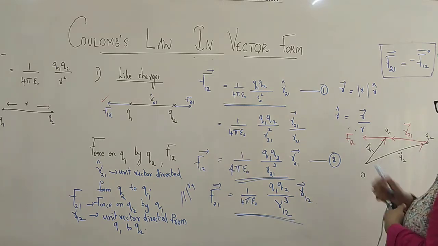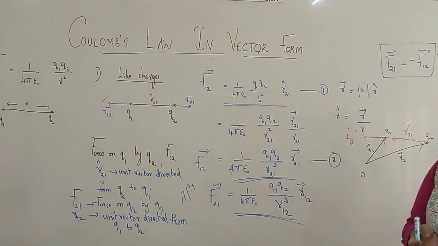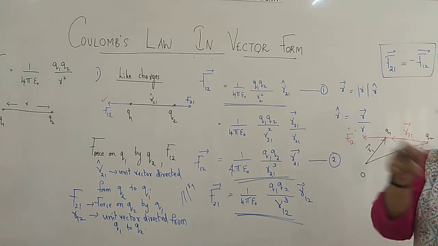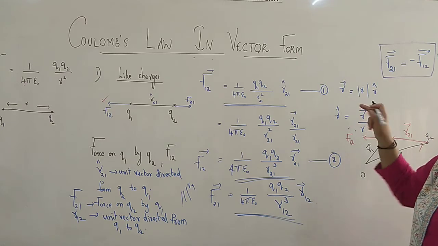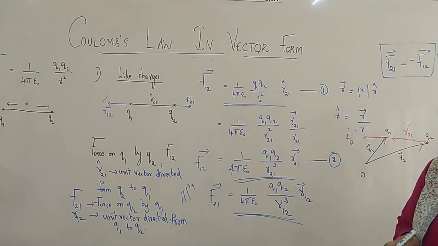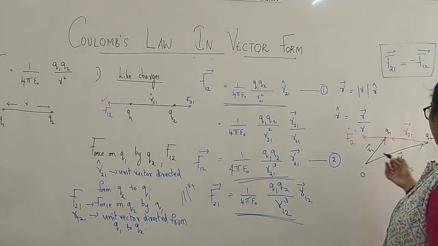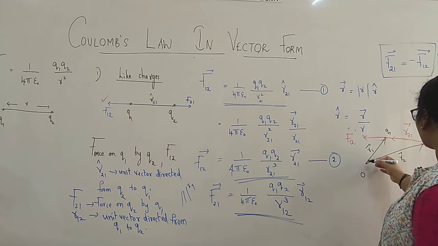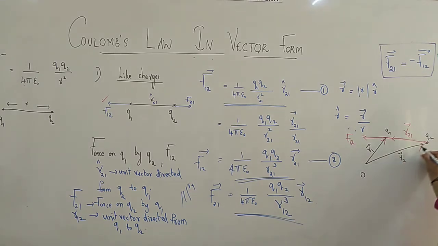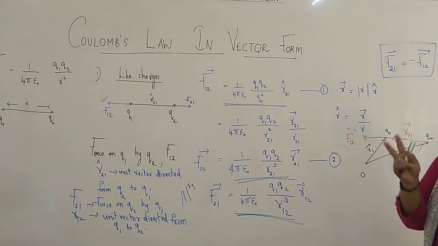So how do we write the equation? Triangle law of vector addition says that the sum of the two sides will give you the third side taken in the reverse order. That third side will be the resultant. So let us try to apply triangle law here. If you notice the direction, R1 is directed like this and R21 is opposite. So I would rather go with R2 first. See, R2 is in this direction. Two sides should be in order.